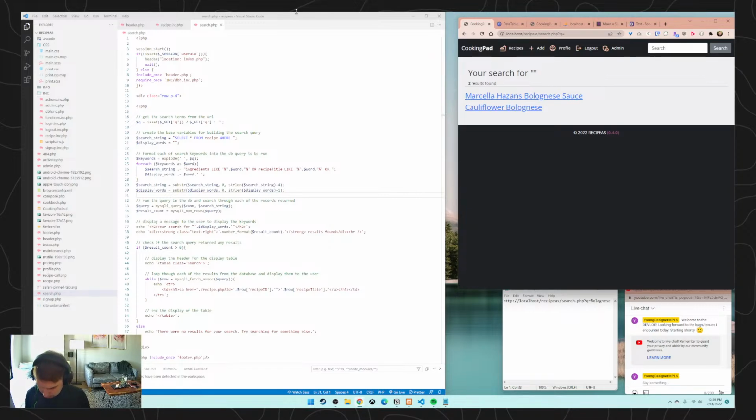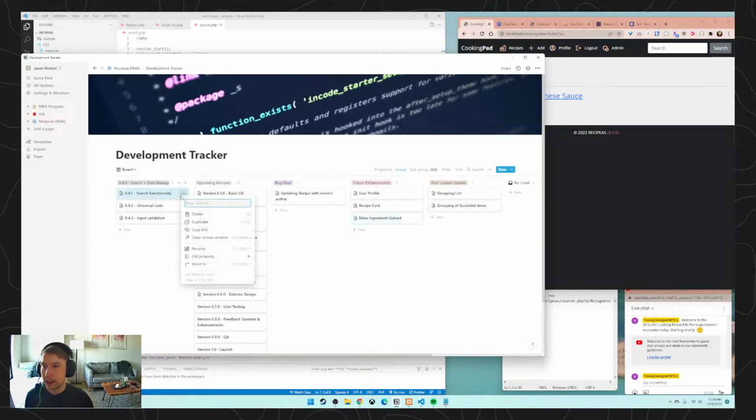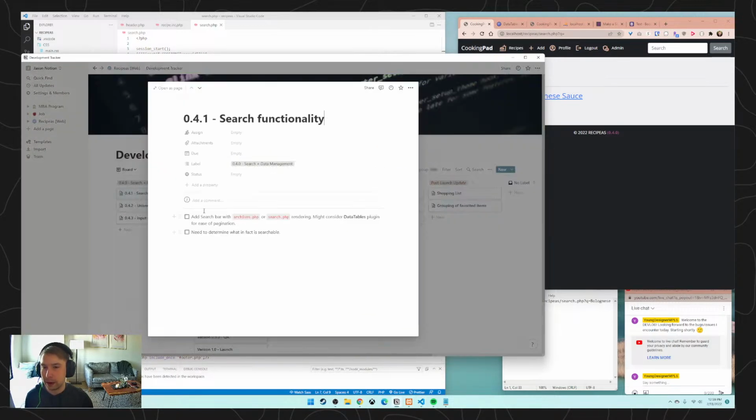I'm just taking a look at the current runtime, which is about an hour and a half, and I have some other things that I'm probably going to take care of today. So I'm going to keep this a little short because we completed it. So I'll even go in here so you can see it. Search functionality. What did I do? Add that. We didn't need to do that at all. So I could just determine what in fact is searchable. I did. So it was name and also